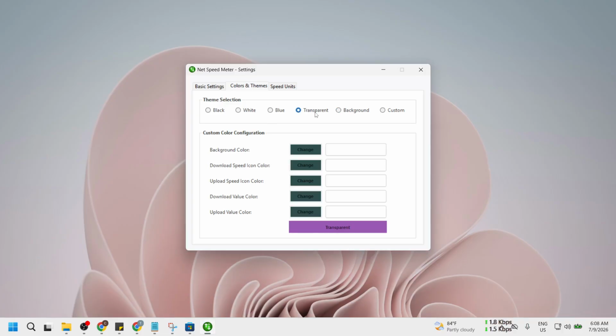With these steps complete, you now have the Internet Speed Meter set up and customized in Windows 11. Your desktop will give you real-time feedback on your internet speed, allowing you to identify any potential issues with your connection. Monitoring your internet speed is essential for optimizing your online experience, whether you are streaming, gaming, or working.